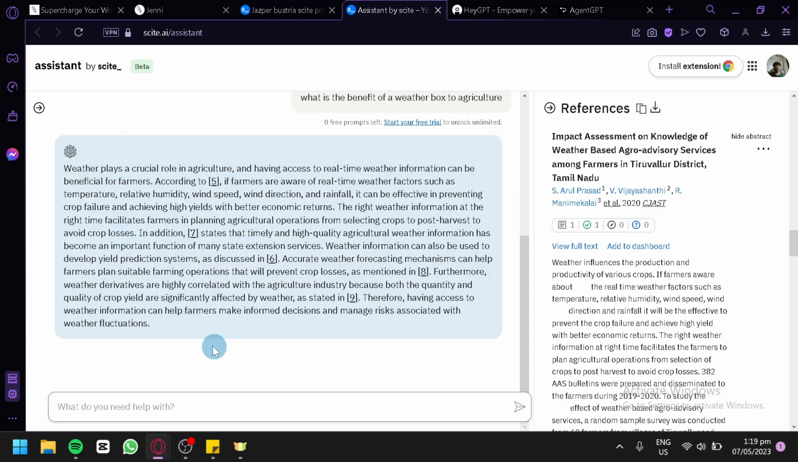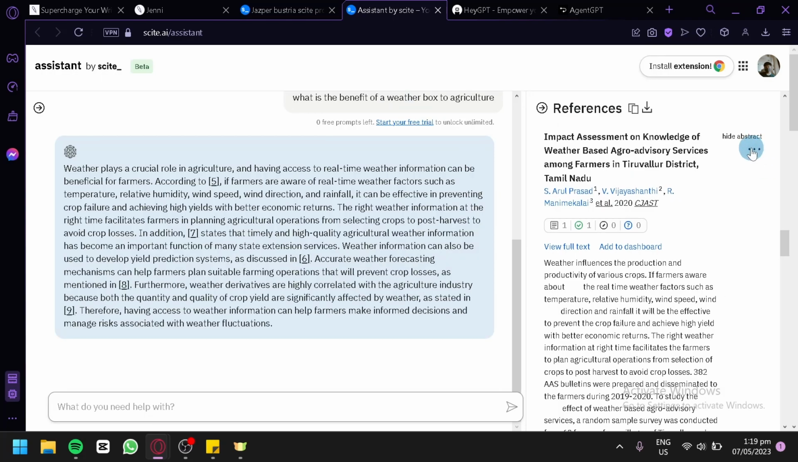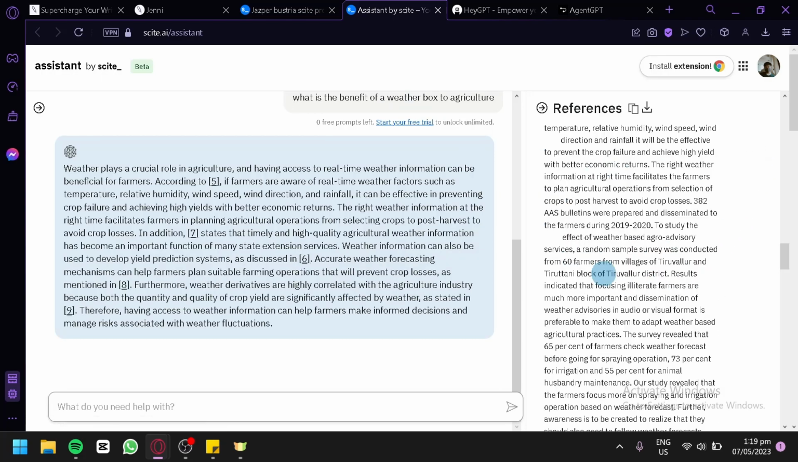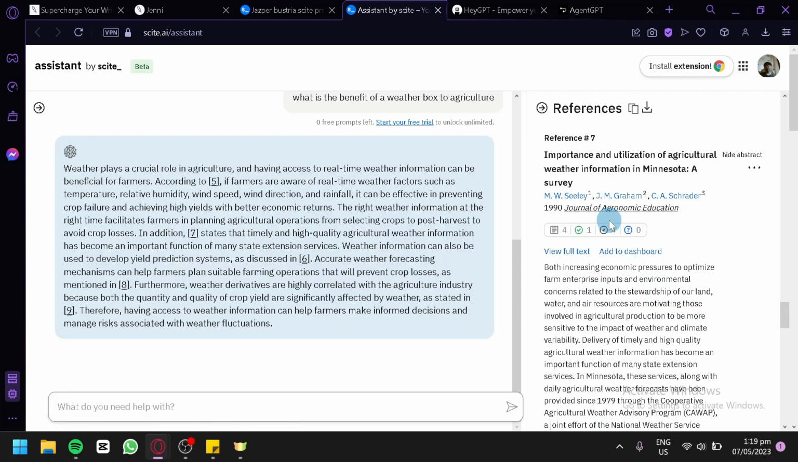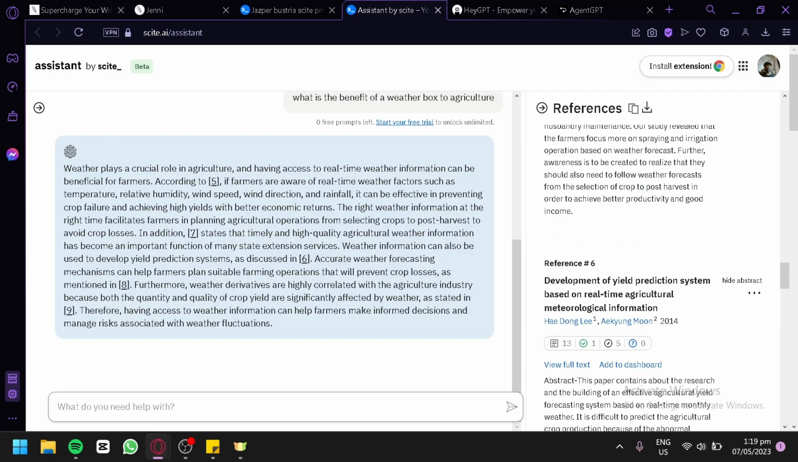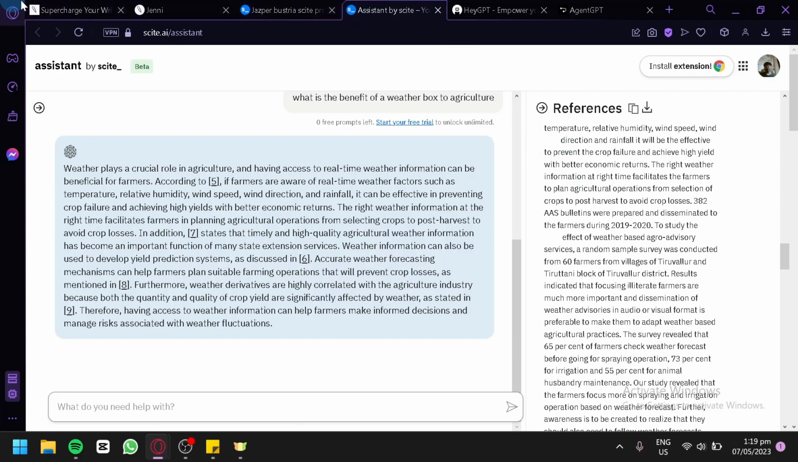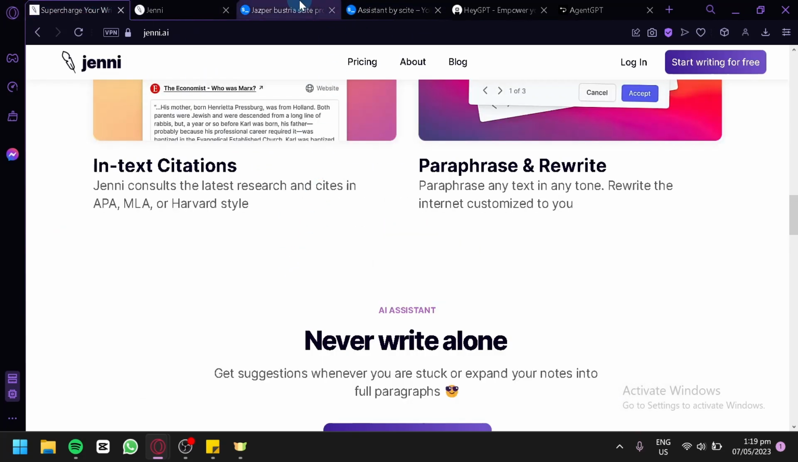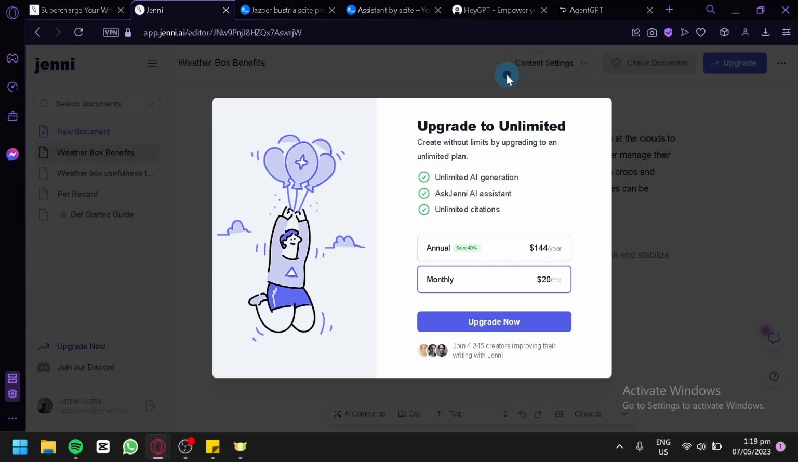As you can see here, it provided us with very good content filled with paragraphs, and this is our reference over here on the right side. You could copy this, download this, or view full text with add to dashboard and all of that information that you might need for your research paper. Now, like I said earlier, it is very similar to Jenny, but personally, I think Jenny would be more useful for me